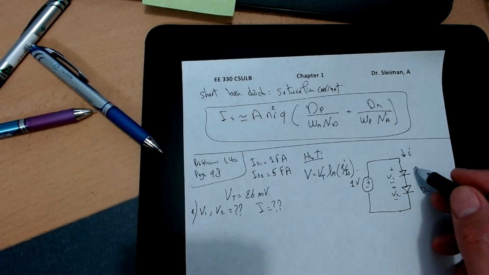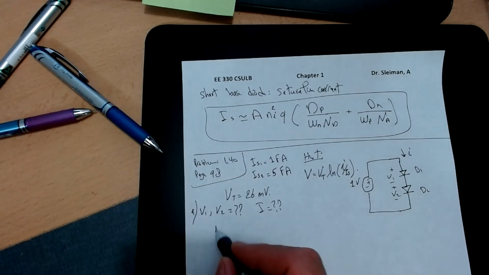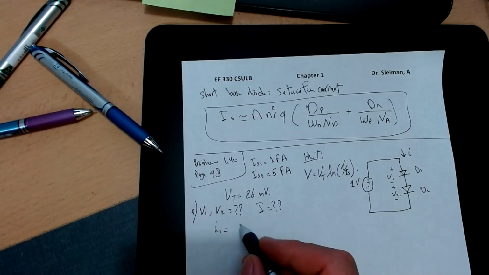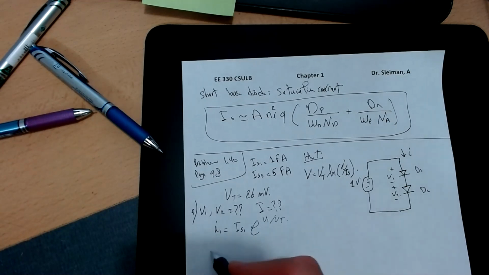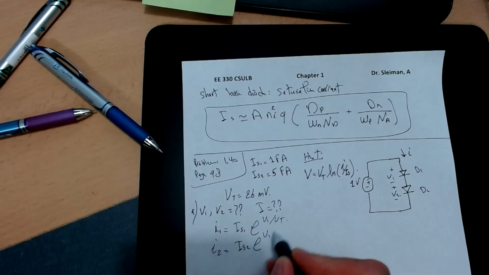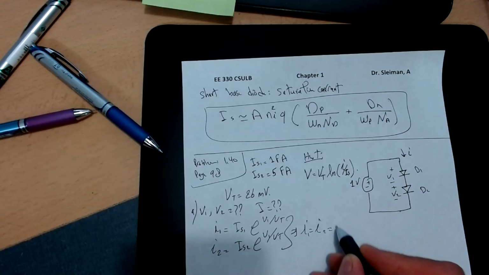Just to explain it more, the current through the first diode is IS1 e^(V1/Vt), and the current through the second one is IS2 e^(V2/Vt). Since they are in series, both of them are equal to the common current,